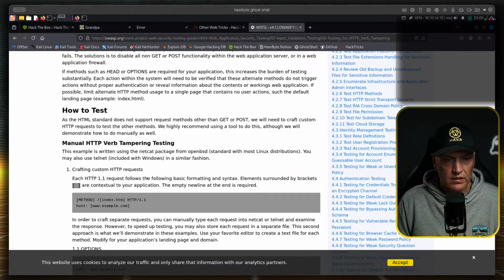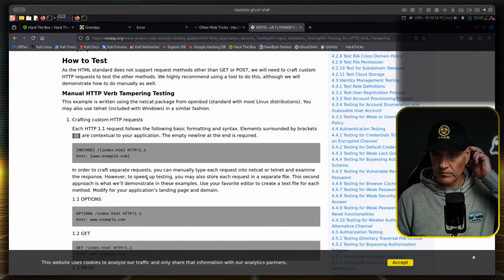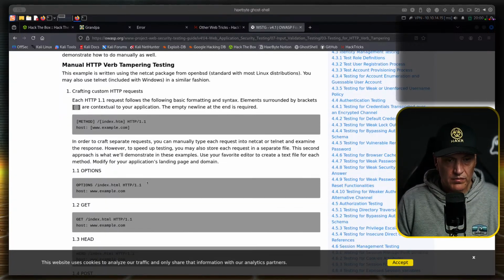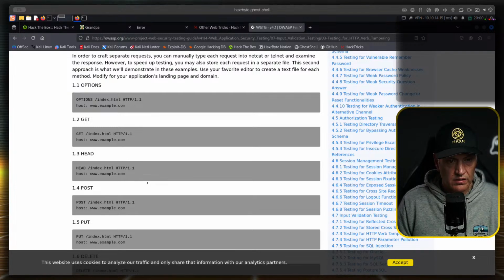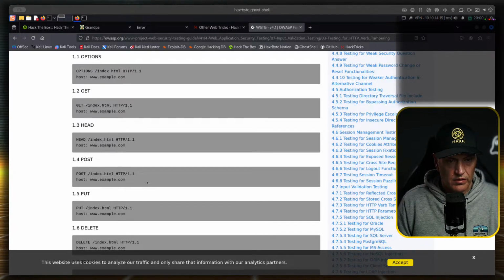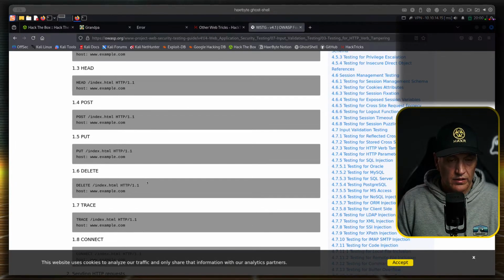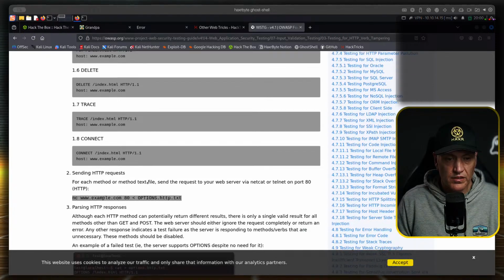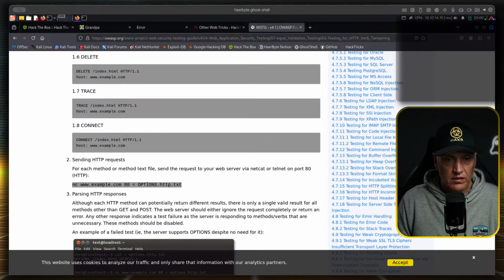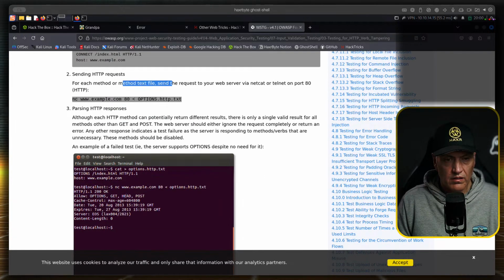How to test method. Manual verb tampering options. GET, PUT. So yeah, you can put files there potentially. Potentially we can put a file there and then browse to it.